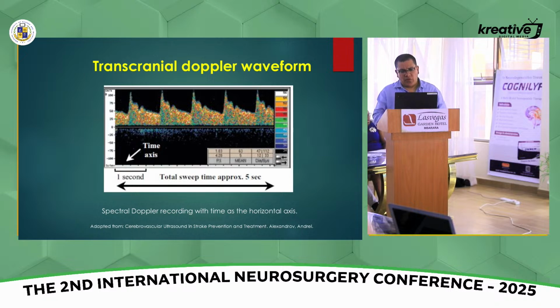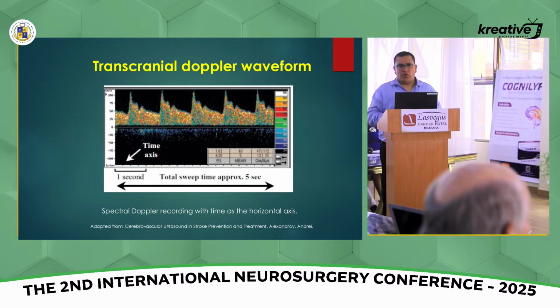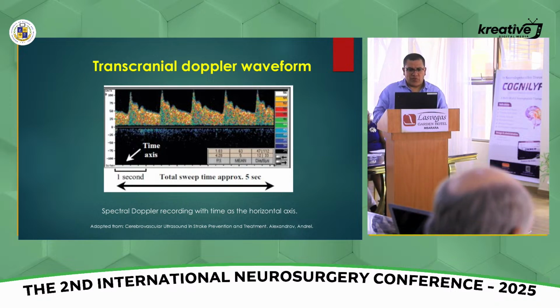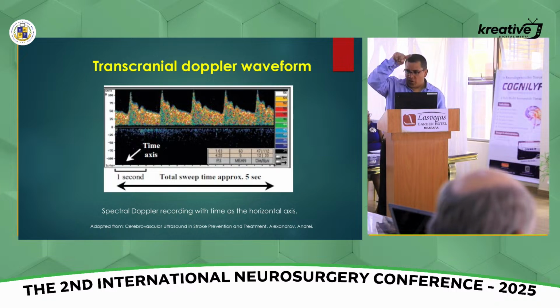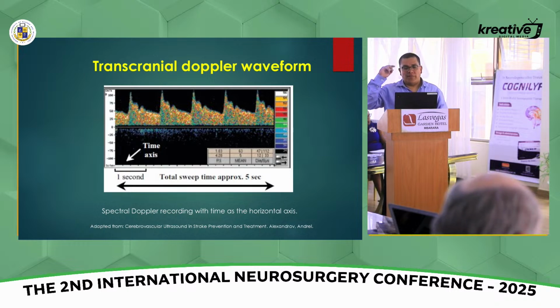And if the waveforms were at the bottom, it basically means that the flow is going away from you. For example, if I'm insonating the right MCA from the right, through the temporal window, and it gives me this picture, basically the flow is coming towards me. If I was down, I would say, okay, that may be the bifurcation of the ICA, or maybe the ACA going away from me. And if I'm really deep, let's say 7 centimeters or so, then that might be the